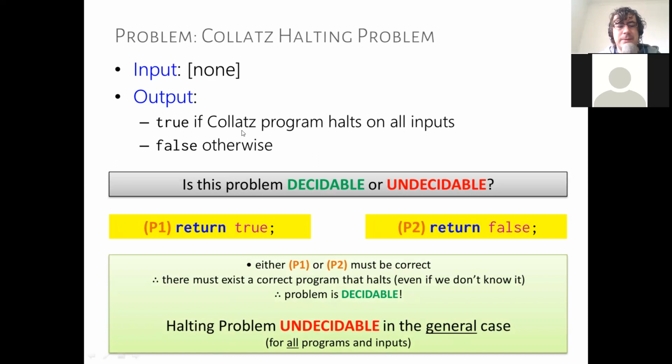If the problem were to decide whether or not the general form of the COLLATZ problem were to terminate in each case for every integer, then that problem would be undecidable, for example. Yeah, I understood. Yep. Okay.